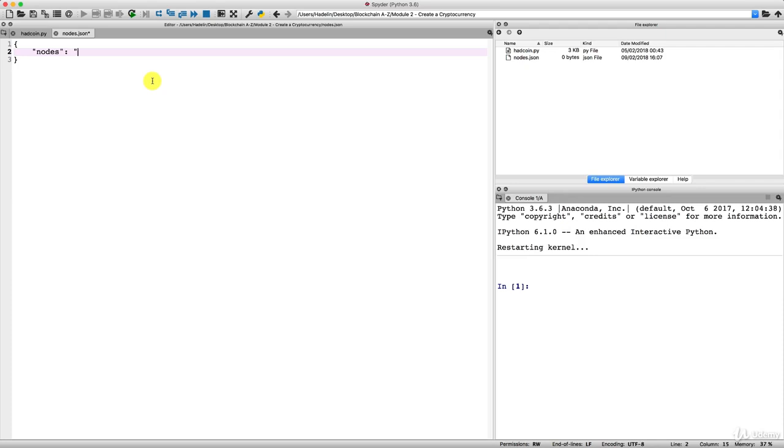And the value, as we just said, is the list of the different addresses of the nodes we want to have in our network. And so, as I said at the beginning of this tutorial, we're going to have three nodes, one node for me, one node for Kirill, and one node for you. And so we need to input three addresses, which we can differentiate with three different ports. And these ports are going to be port 5001 for me, port 5002 for Kirill, and port 5003 for you. So let's do this. Let's input these addresses in this list. And remember, the addresses are the following: